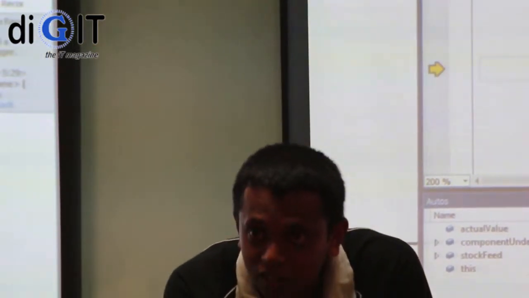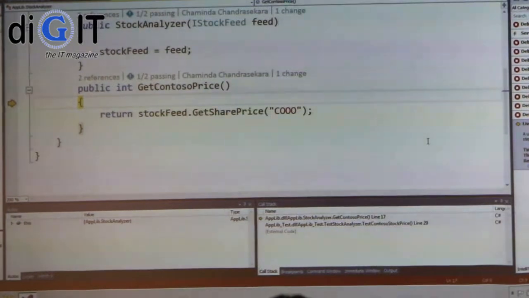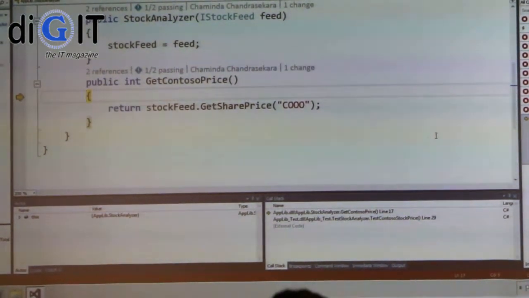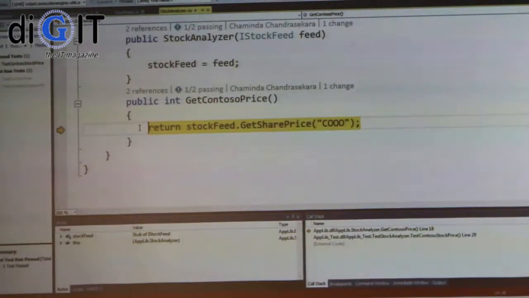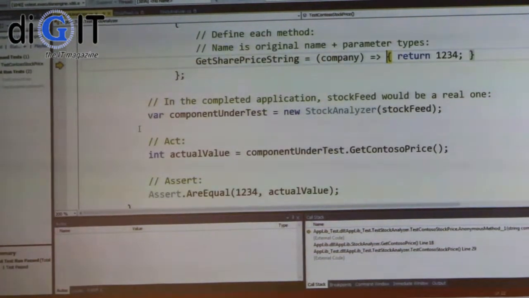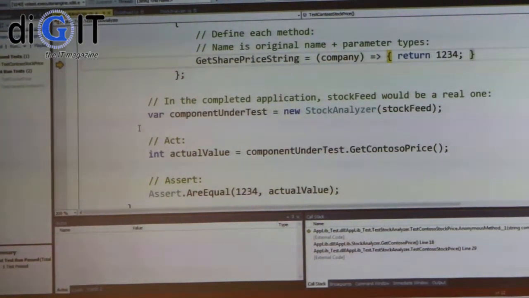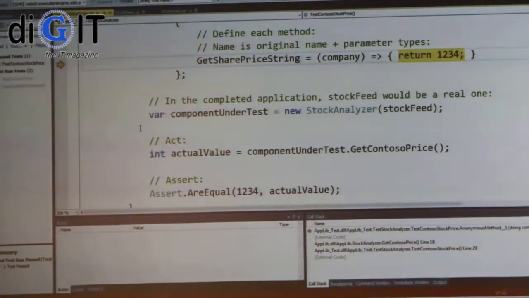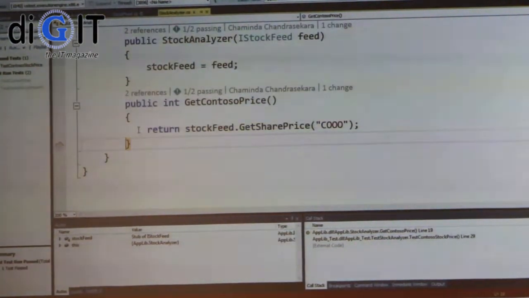Okay, now we are executing get controls of price. Look what happens, right? It goes here. Now, since we have implemented the stuff in our own testing method, when we call this one, we should press F11 here. It is coming to, you can see, it is inside my test method now, and it is returning 1, 2, 3, 4, and it is coming here. Now the actual value is